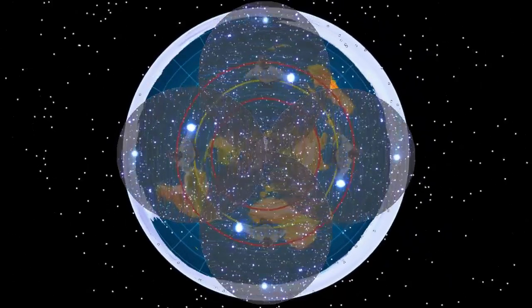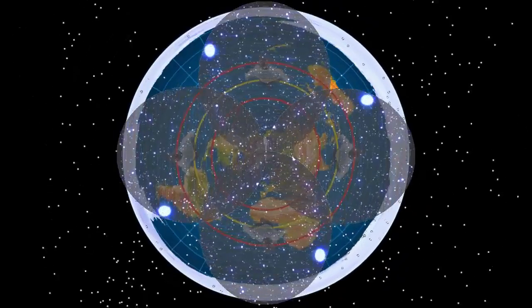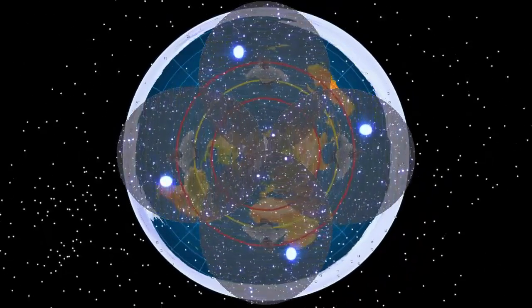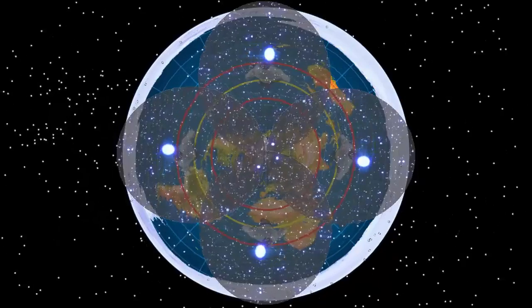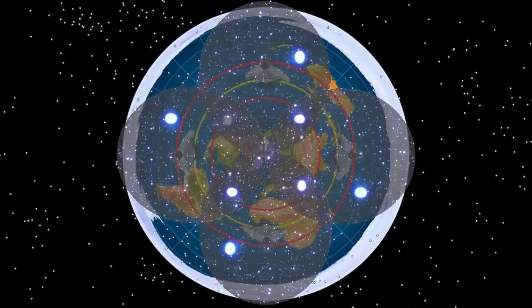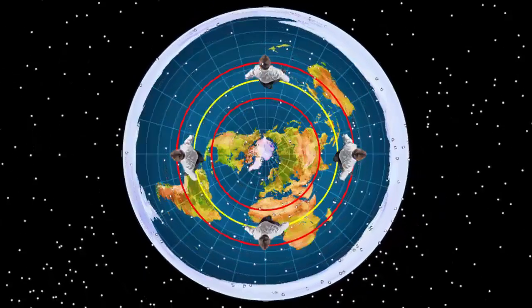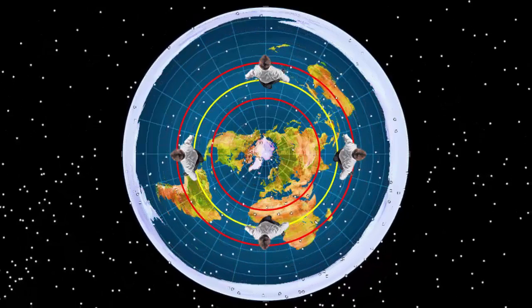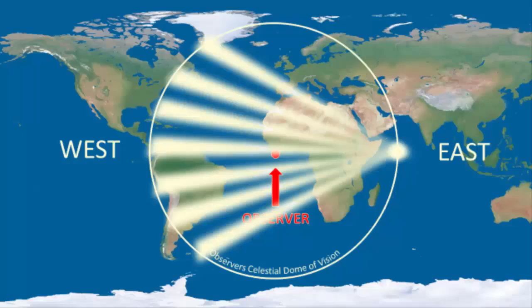So now the question begs, and I came up with this question working on this video, and so I'm going to beat anybody to it: how can Sigma Octantis be fixed in the sky, if in fact it is? They say it is. Okay, I'm going with it. Okay, this is so simple, right? Let's take a look at these crepuscular rays, all right? Now, this is a non-convergent crepuscular ray picture.